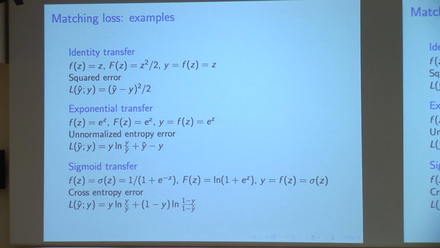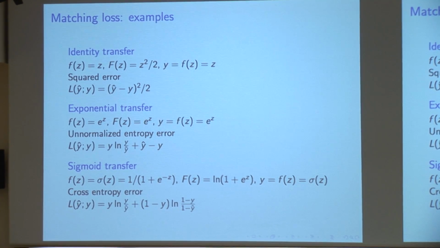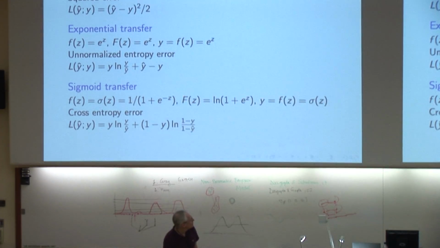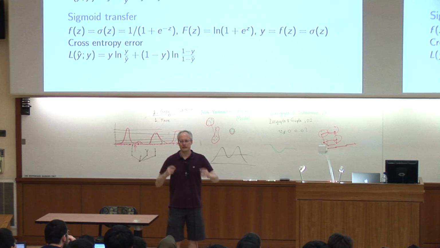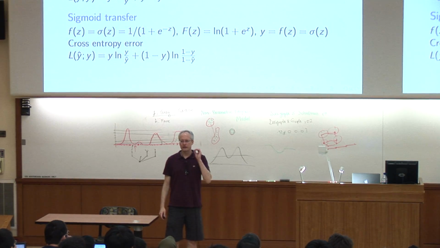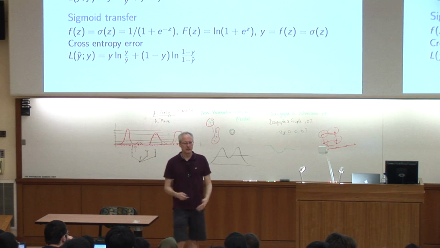Now, it's not just an arbitrary construction. It turns out that this construction, kind of for free, recapitulates all this history of designing loss functions in various settings. So this story I alluded to about neural net researchers 20 years ago, trying to figure out what loss function they should use to predict probabilities. Well, it turns out the cross entropy is the matching loss function for the sigmoid. They just didn't have this concept at the time. And so this definition, if we pick natural transfers, inevitably recovers natural loss functions that people invented by independent means.